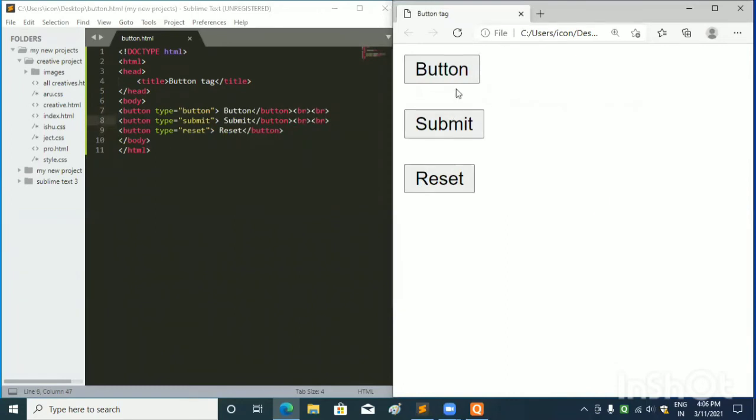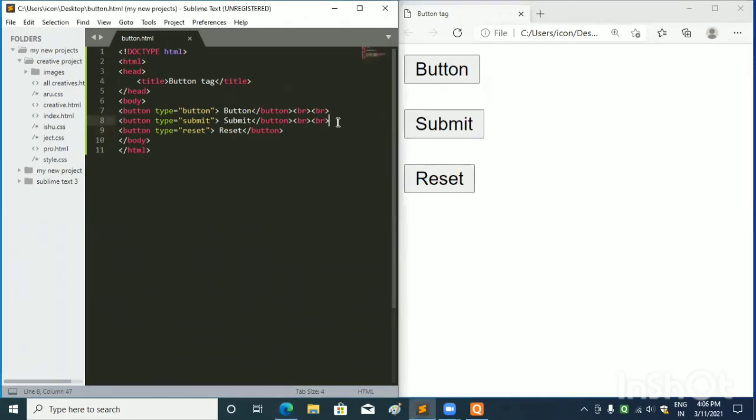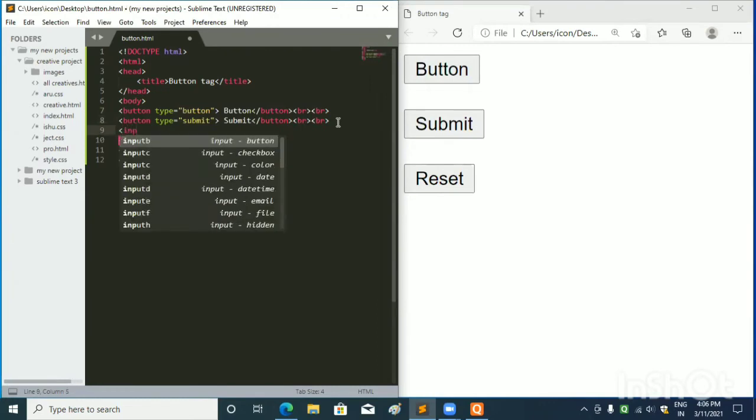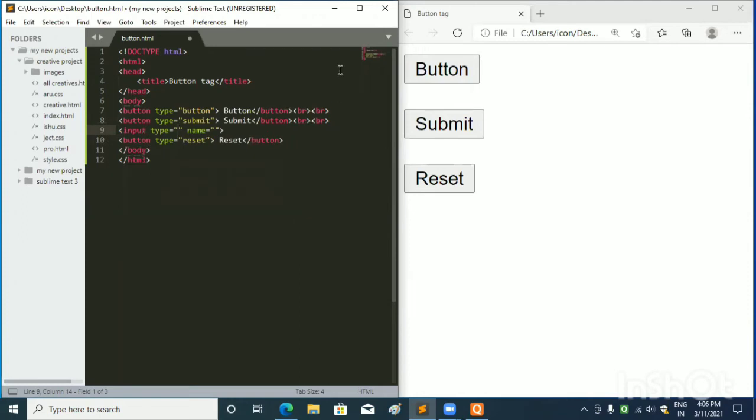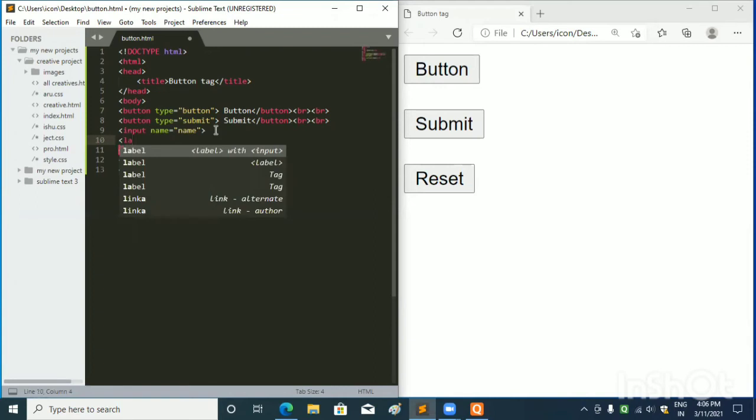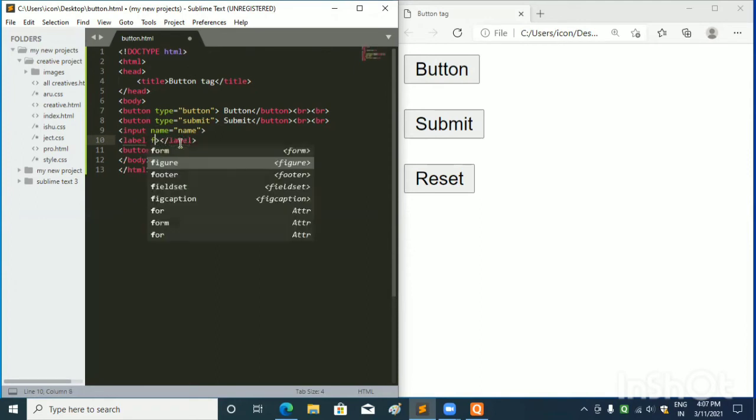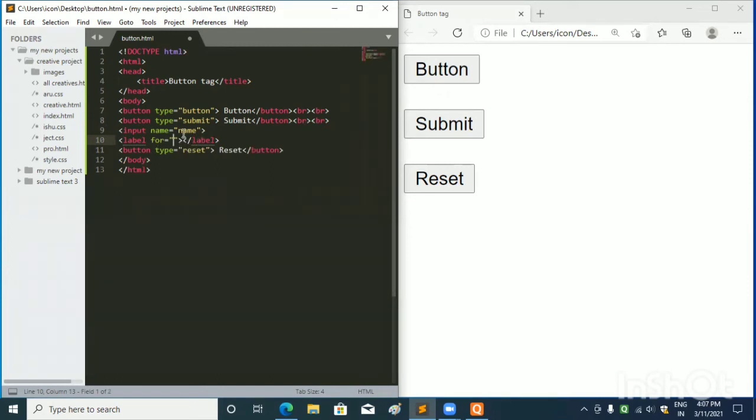To see the effect of reset button, I will write input tag here, and I will remove the type attribute, and in name attribute I will give name, and below input tag I will give label tag, and in label tag I will give for attribute, and I will write this name over here.